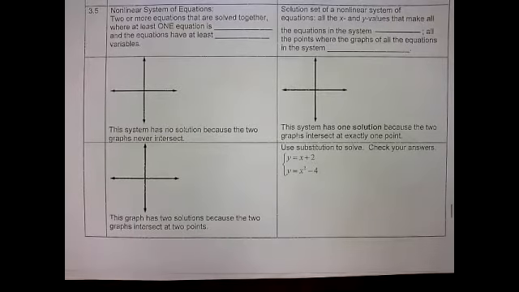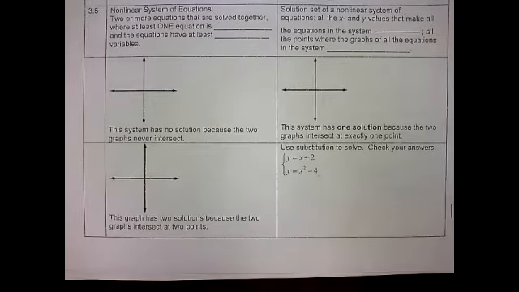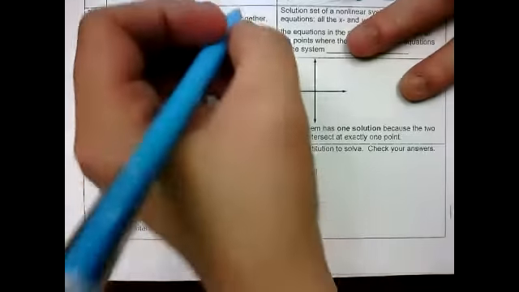But today we're gonna be doing Algebra 1, Apex Semester 2, Chapter 3.5. So we're going to start by talking about nonlinear systems of equations. We've already looked at systems of equations, where we had two lines that crossed, or they were the same line, or they were parallel. And we had to solve it, and decide where they crossed, or did they cross. So today we're going to talk about two or more equations that are solved together where at least one equation is